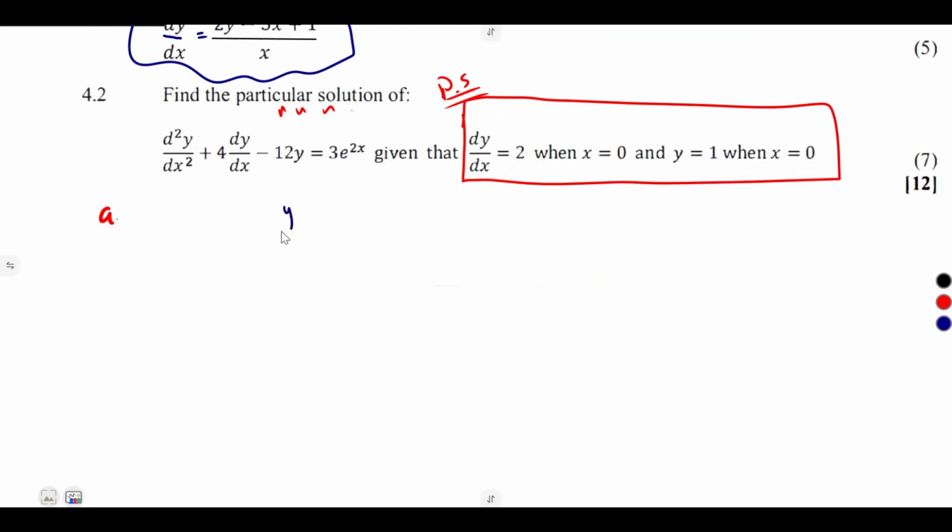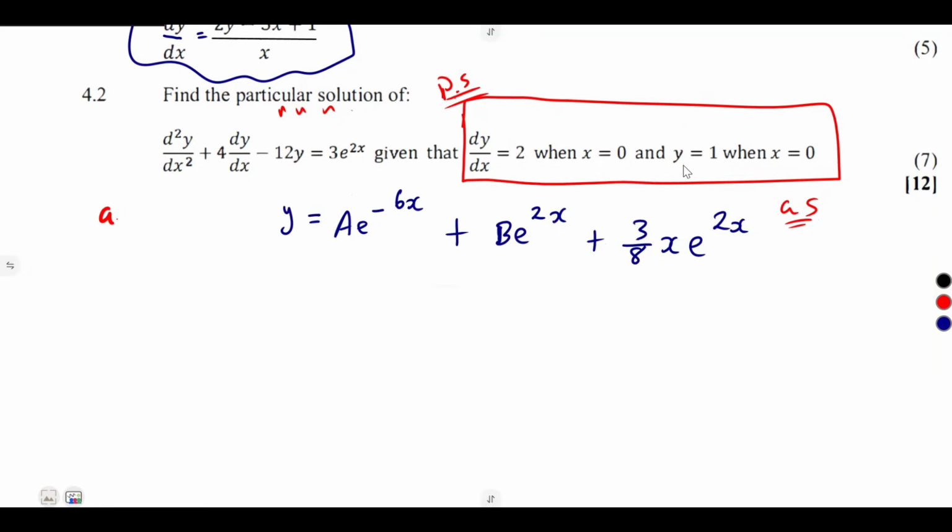It was y is equal to, from yc plus yp, a e to the exponent of negative 6x plus b e to the exponent of 2x plus 3 over 8x e to the exponent of 2x. This is the one that we need, guys, to determine our particular solution,